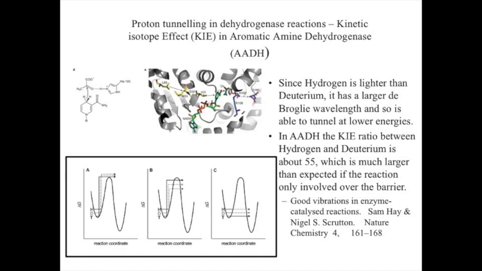It may be able to do that by quantum mechanics, by tunneling through this barrier, but that rate of tunneling differs between hydrogen, deuterium, and tritium. So by measuring the kinetic isotope effect in water, in deuterated water, and in tritiated water, and seeing how that is compared to how it would be for a classical over-the-barrier mechanism or a quantum tunneling mechanism, they demonstrated that this enzyme achieves its catalytic efficiency through quantum tunneling.